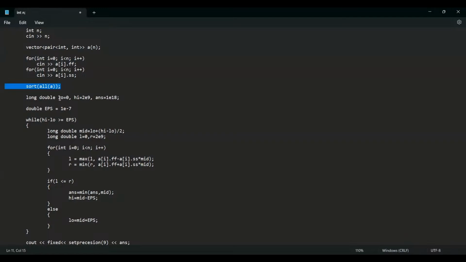Initially my low is 0 and high is this, and answer is something that cannot be, because initially after this point, each and every friend can probably meet. So that's why I'm taking answer as this. Now this is the error that I want. I want it to be less than 10 to the power minus 7. So while high minus low is more than or equal to this error,